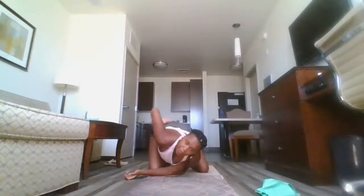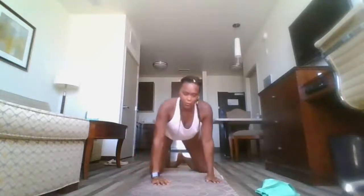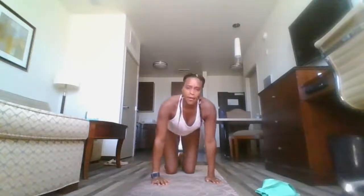Noticing how this feels in your body. We're going to hang out here 5 more breaths. As we slowly unwrap that arm, unthreading that needle, dropping down to our cow, and exhale to our cat,